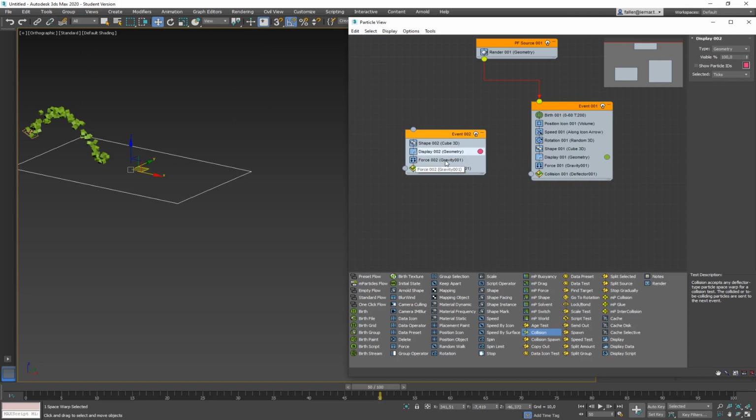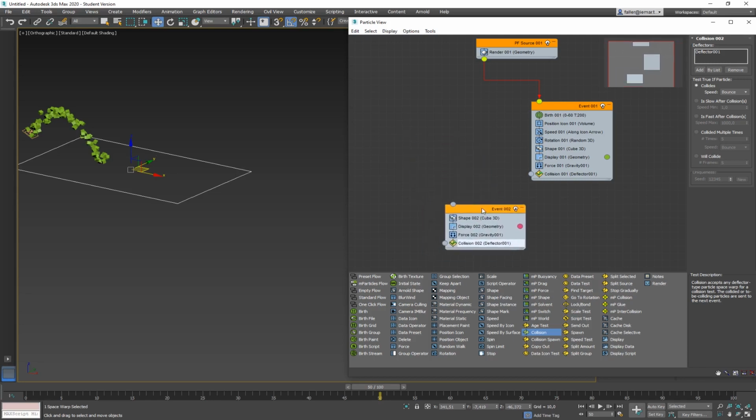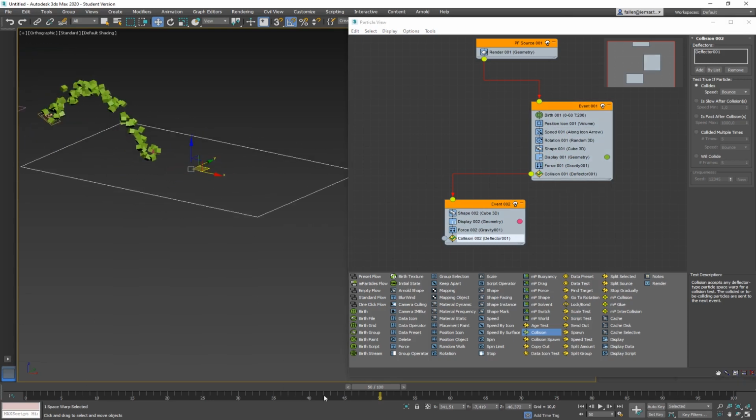The gravity, let's say the gravity is also in the new event and they will still collide with the deflector. So when they bounce again, they will do that. So now let's just bring the event here and link the collision here to the new event. That means as soon as a particle is tested positive for collision, it will continue in the new event. It will no longer be in this one. And we can best see that their color switches from green to red. Okay, so the red ones are in the new event.